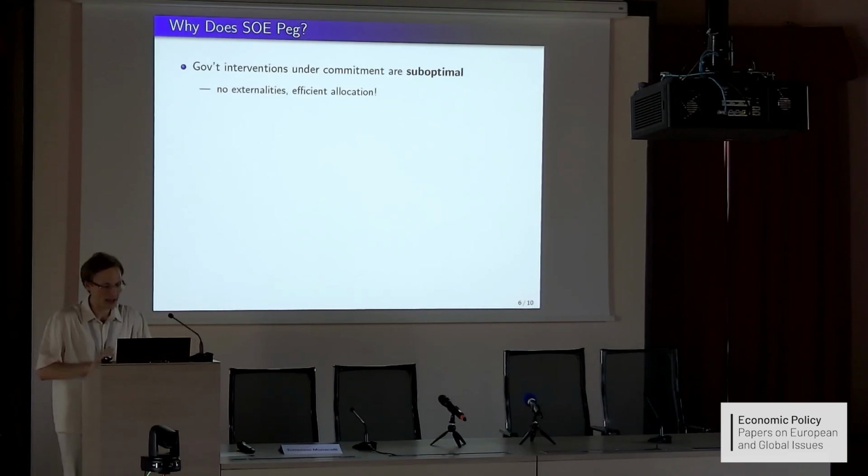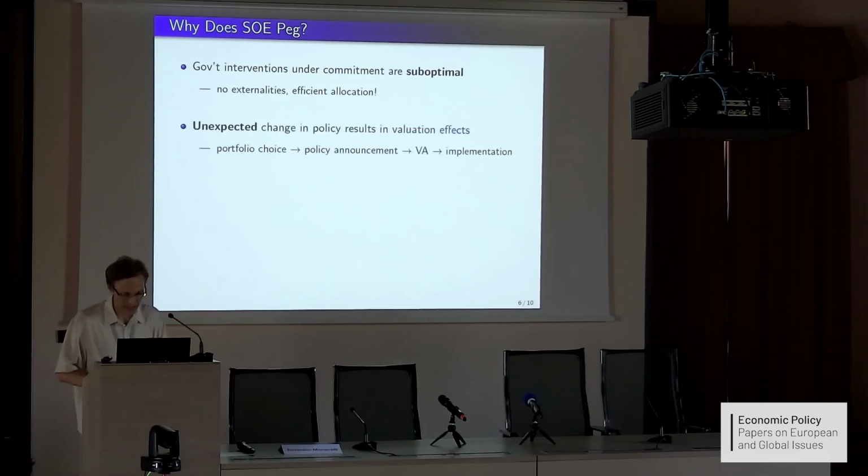So if you take this model literally, the way I wrote it so far, it's a model with effectively complete markets, so any interventions are suboptimal. It's already a first best economy, right? It's complete markets. There is no externality within the country to exploit. There is no terms of trade externality because it's a model with tradable goods. So in the end, you can't improve welfare. There is no government intervention that would improve welfare. I think that's the benchmark.